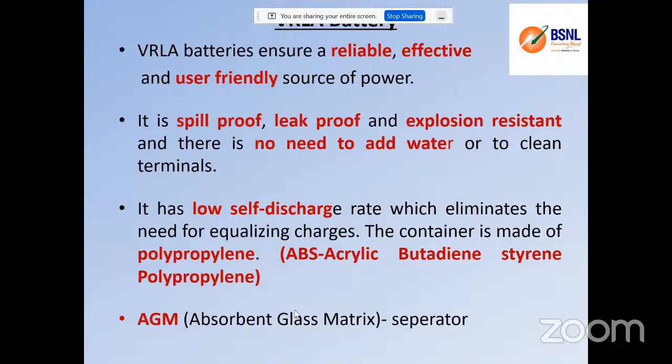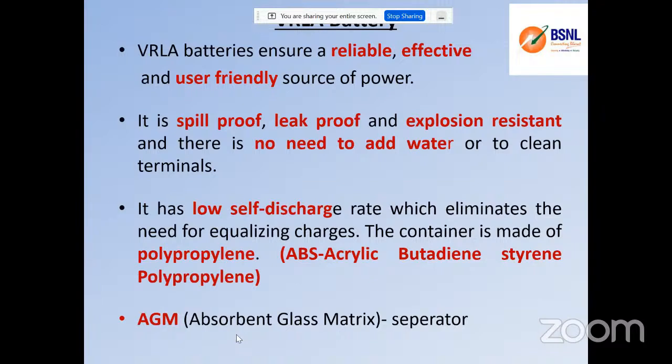So how it has been designed is, it has got an outside container material that is of a certain type. And the separator, we said positive and negative plates have a separator, where they have introduced an important term. That is called AGM, Absorbent Glass Matrix. This AGM is a material made of some types of chemicals and glass, which absorbs the maximum ions, so that nothing goes out as a gas. All the positive ions are captured by these negative plates, so there is nothing left over, so that you no need to pour distilled water for the recharging process.